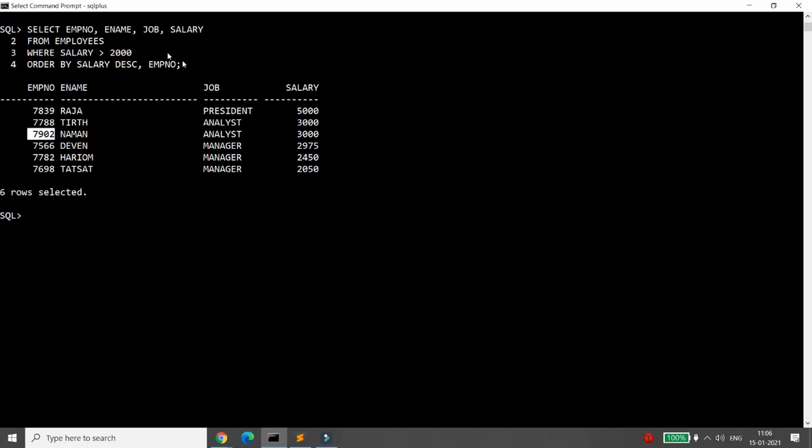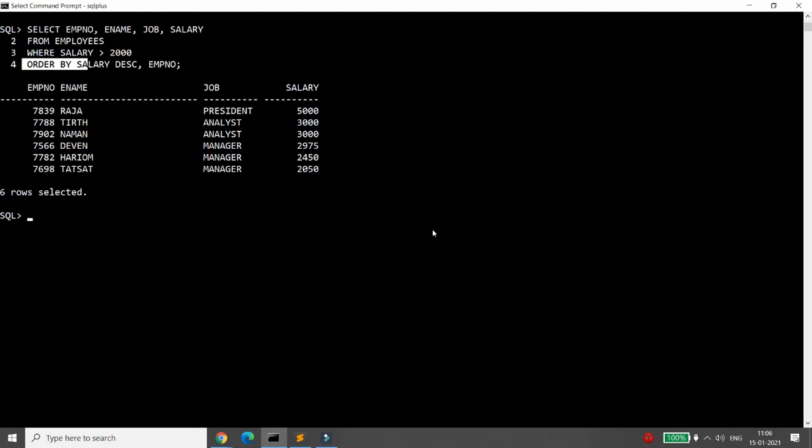So that is what you can do over here. This column, employee number, will be evaluated if and only if the first column value is the same. It means if the salary is the same for these two, then and only then the employee number will be evaluated. Otherwise, employee number will not make any difference in the order by clause.